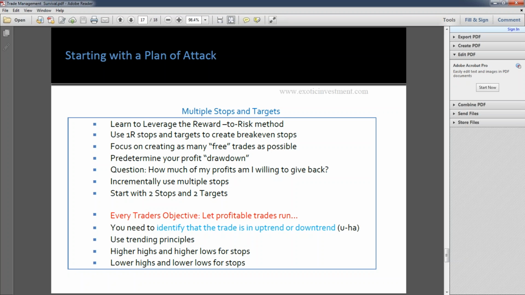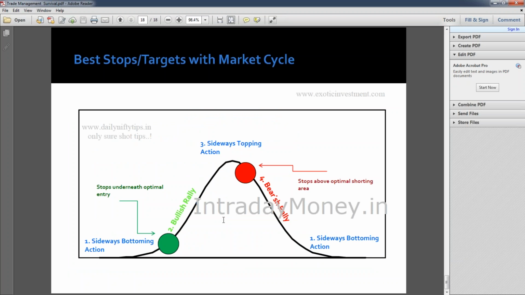Okay, so it means that you have a stop loss in place, and after the stop loss is hit, you better get out. Stop loss is very important when the market is changing trends, if you're not in front of your technical charts. Use trending principles: higher highs and higher lows for stops in an uptrending market, and lower highs and lower lows for stops in a downtrending market. Okay, so